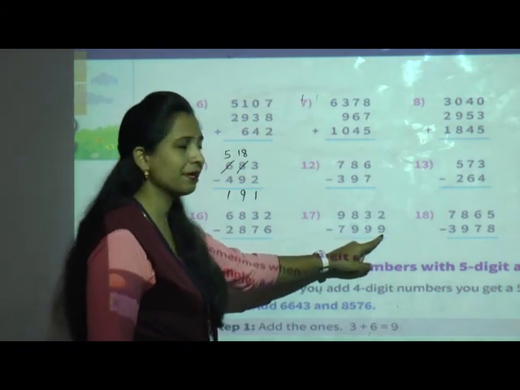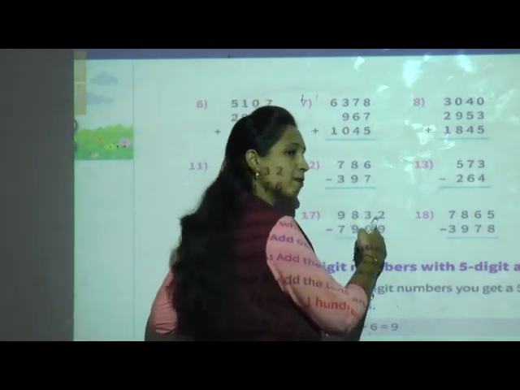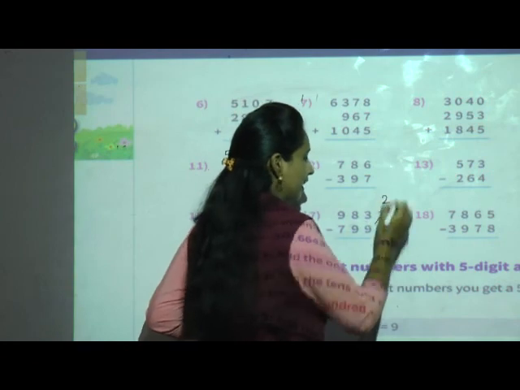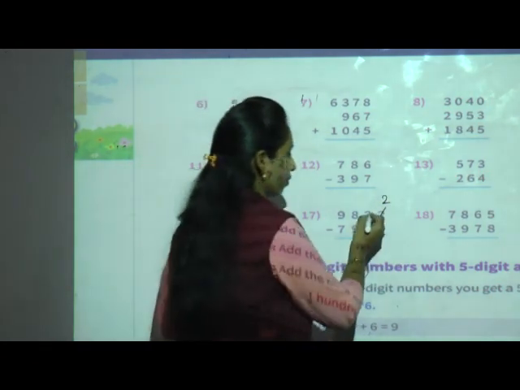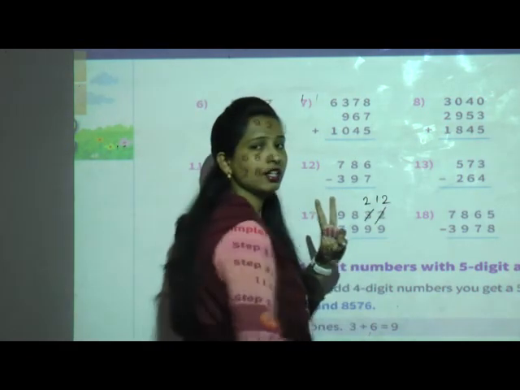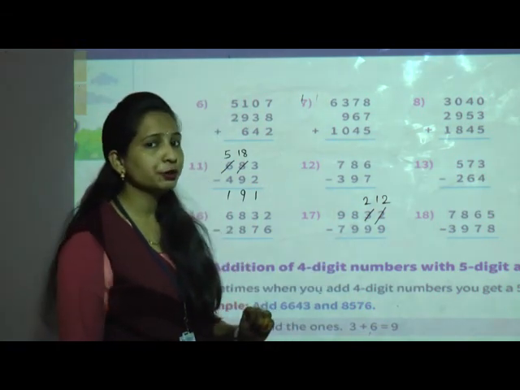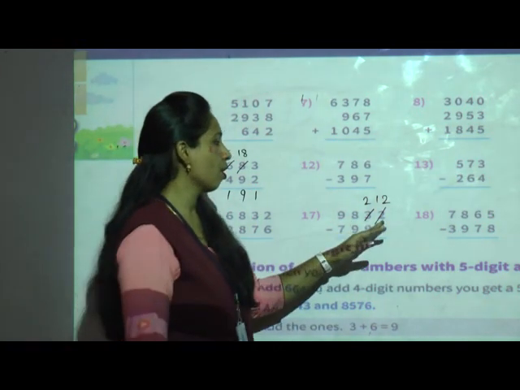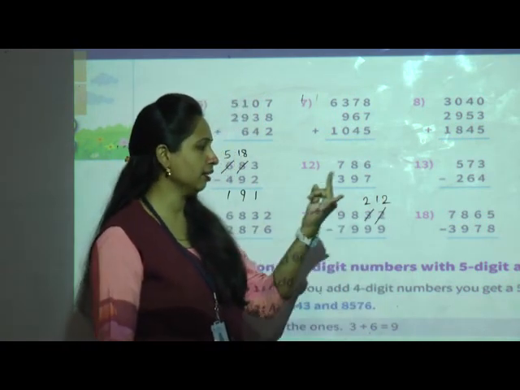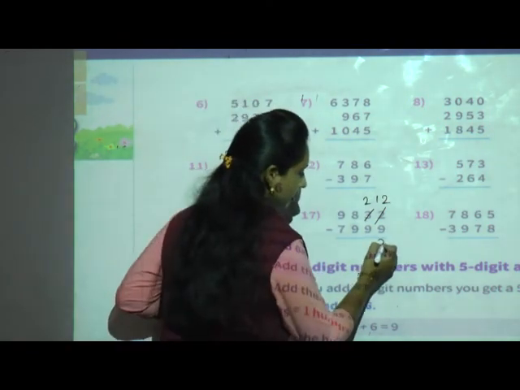Now see, 2 minus 9. Okay, we cannot do because 2 is smaller number than 9. So just cut the 2 and write as it is. Take 1 borrow from neighbor. Neighbor is having 3. He will give 1. 2 will remain with neighbor. Now 12 minus 9. What you will do? Just count the numbers till 12 after 9. After 9, 10, 11 and 12. How many? 3. So write 3 here.